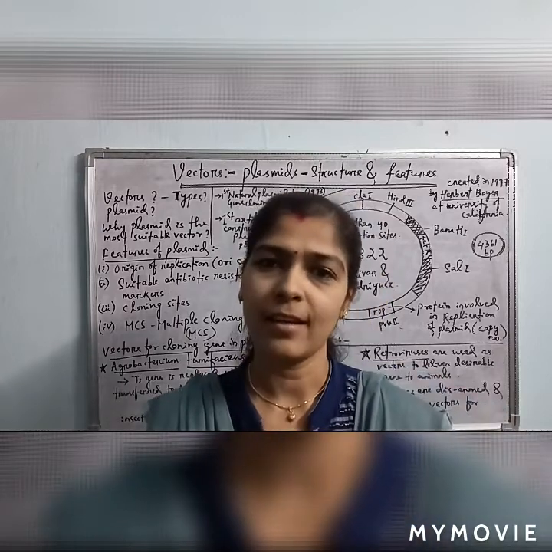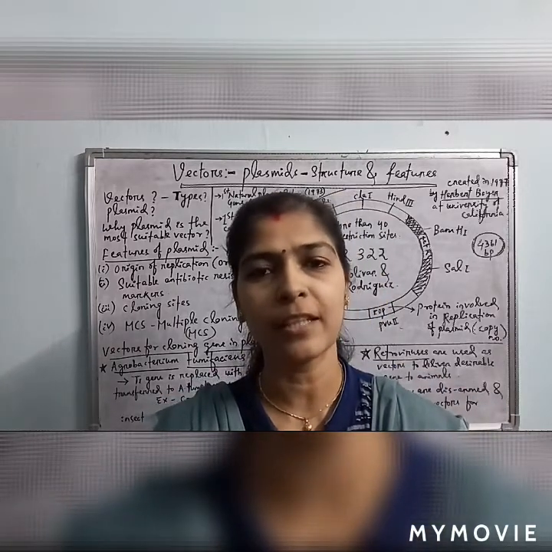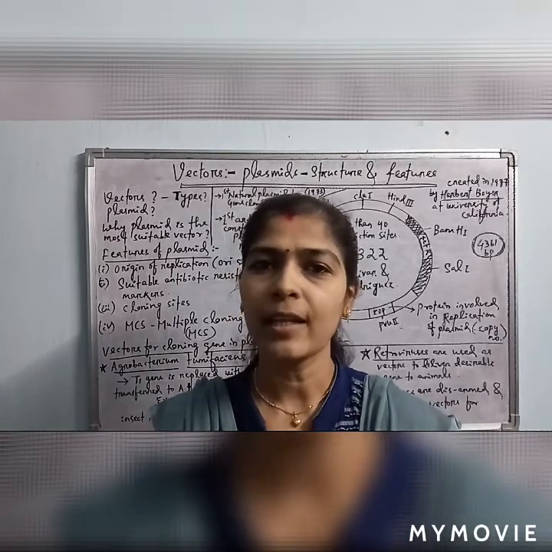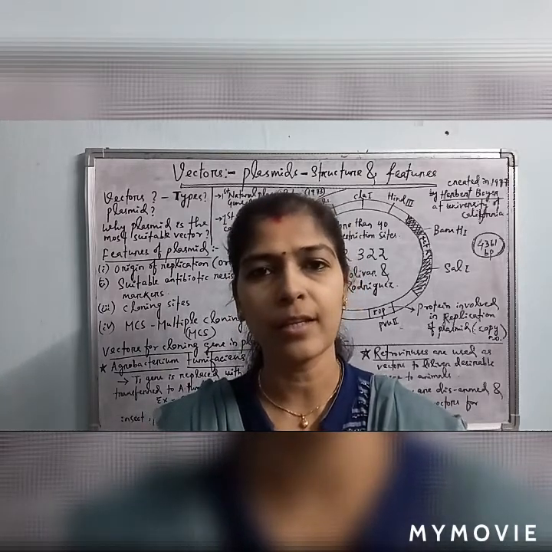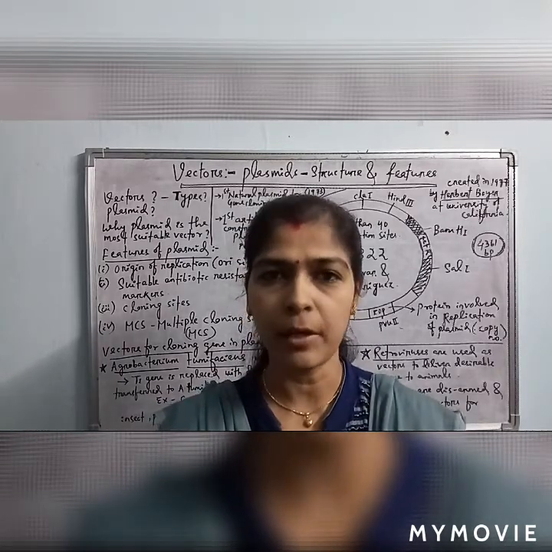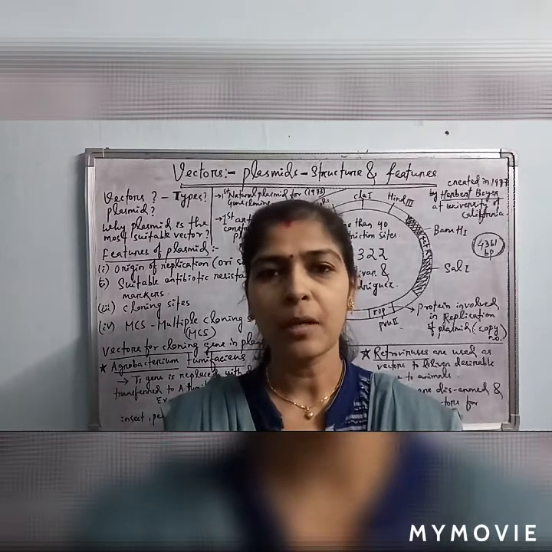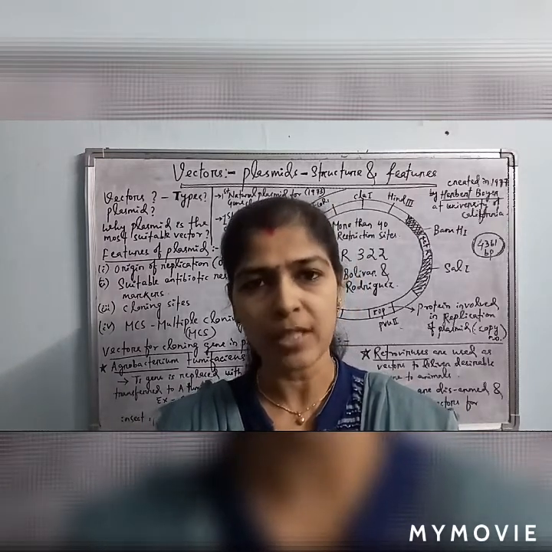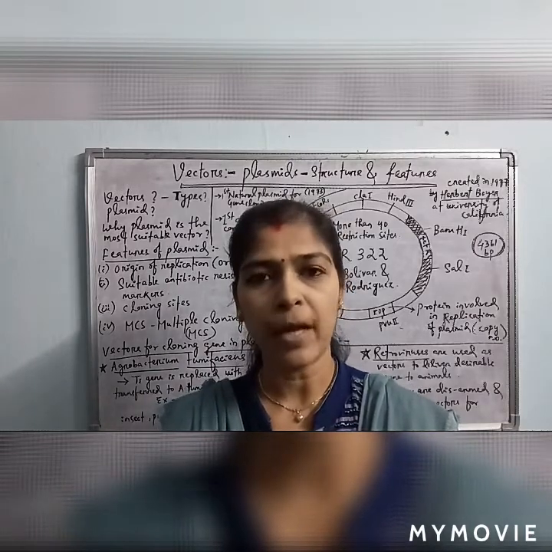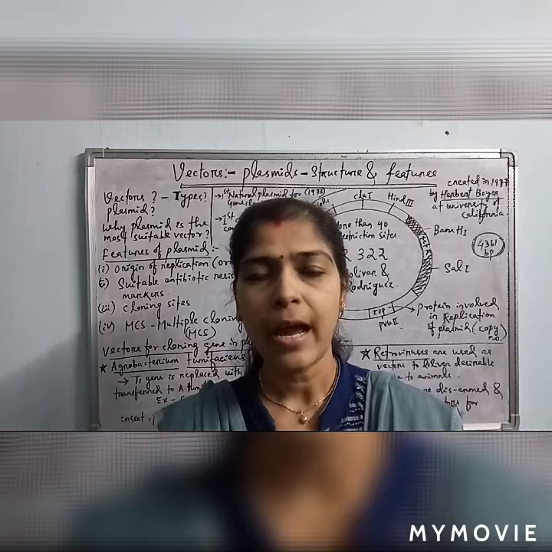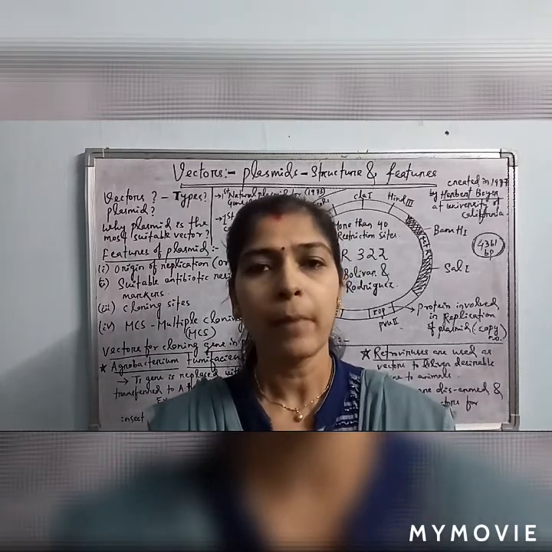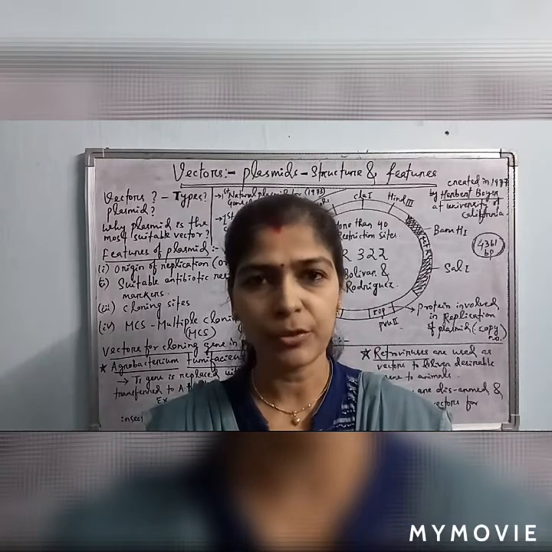Today we will discuss a very typical topic, the vectors of RNA technology, or gene cloning. What exactly are vectors? These vectors are carriers of the desired gene, and different types of vectors are available. The most commonly used, compatible vector for gene cloning are the plasmids. So let's discuss the different types of vectors, then the plasmids, the features of plasmids, and different information regarding plasmids, taking the example of the pBR322 plasmid.